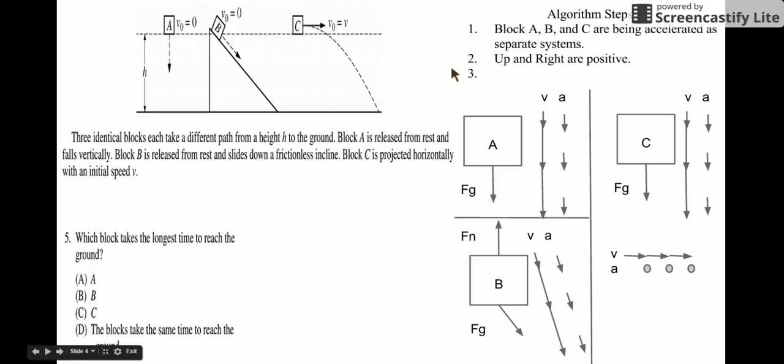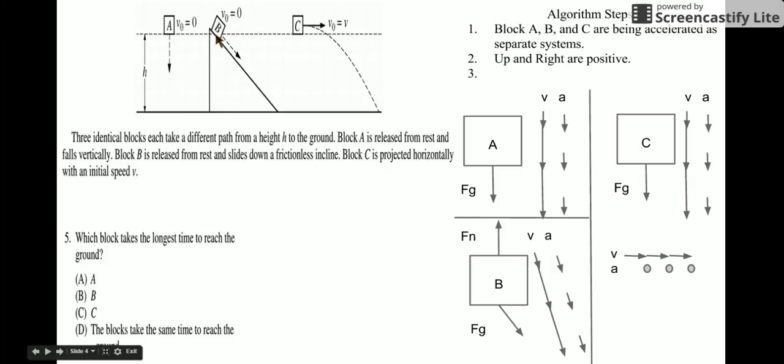Step 3, we would show a motion map and also a force diagram for the system. So we'll do it for each separate block. For block A, there's only a force of gravity. So in the motion map, there's a constant acceleration going downward. For block B,